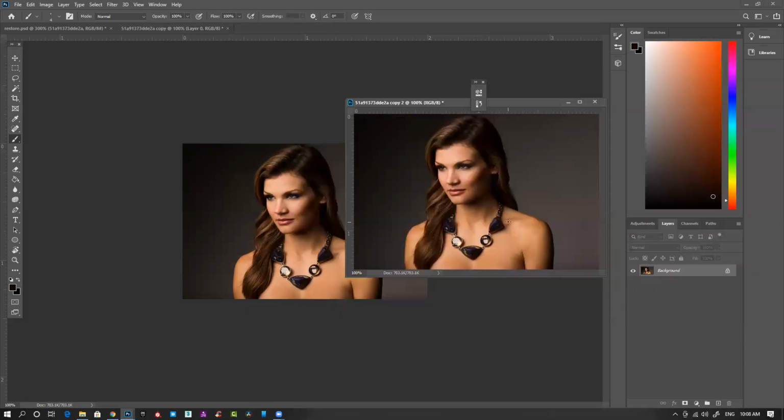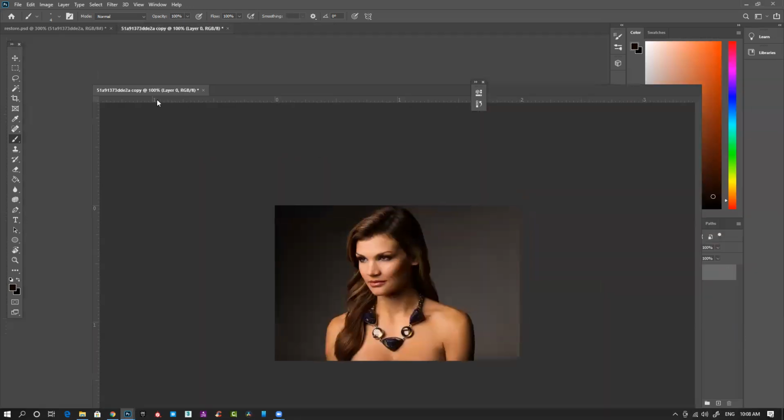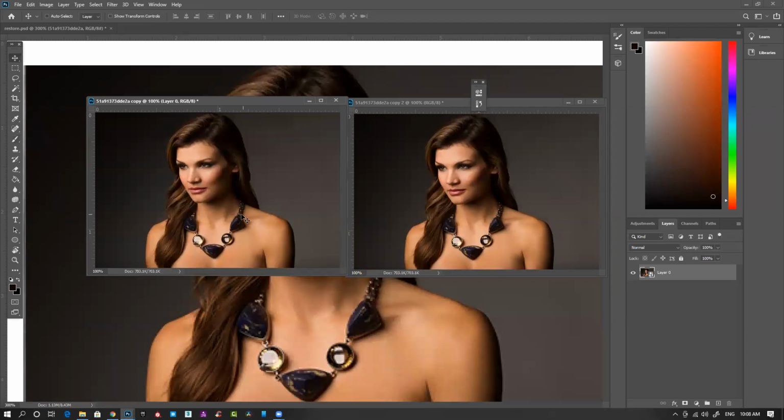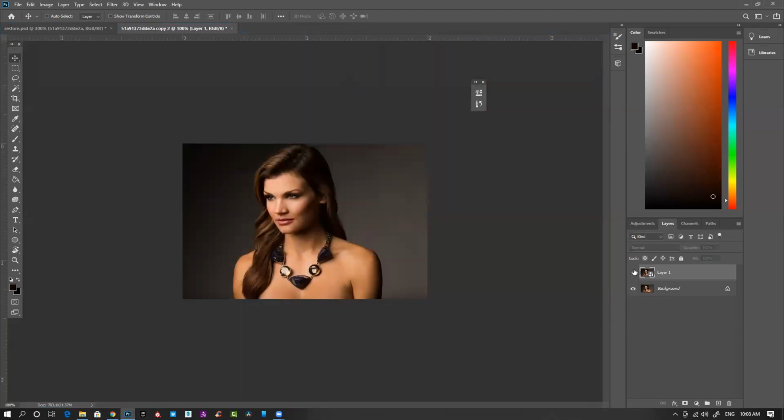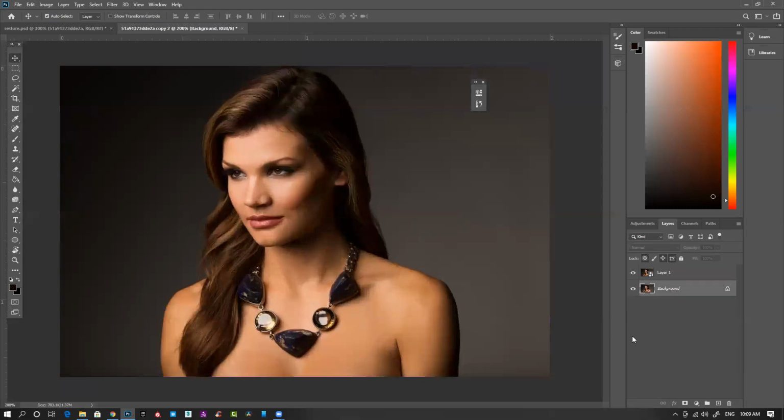Now let's import both images into one file, the smart object and your raster image. In one file, you can see exactly the same thing, no difference whatsoever. This one is raster, this one is smart object. Now, the actual difference. I'll duplicate the raster image and hide this one, and let's fill the background with black so that you'll clearly see what is happening here.